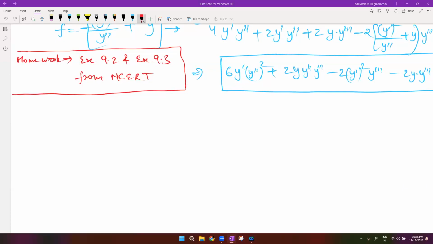They won't make a very difficult question from this portion. They will only ask either a 1 mark or 2 marker question from this portion. I mean, from the first three exercises. Now,